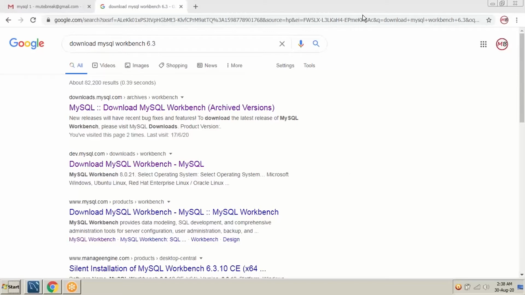So first of all, let me tell you, there are many databases. You can call Excel itself a database, but at a higher level, you can call Oracle, MySQL, MS SQL. MS SQL stands for Microsoft SQL Server.